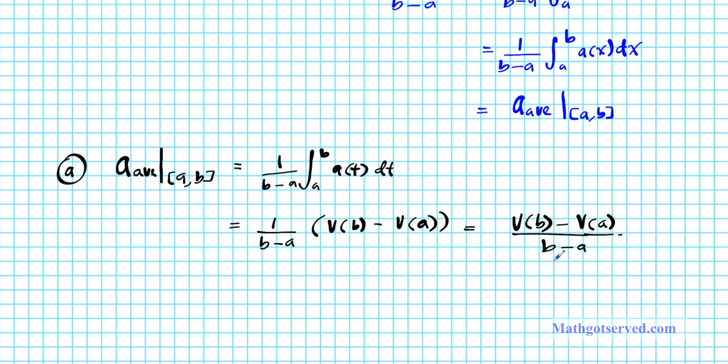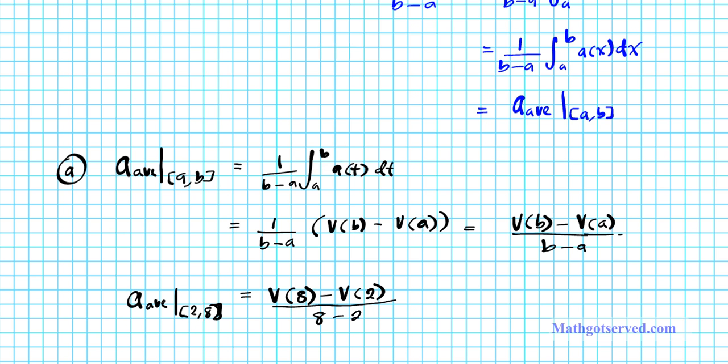Alright, so this is the formula we're using. Now let's apply this formula to this particular problem. The average acceleration, not rate of change, the average value of the acceleration from 2 to 8, is equal to velocity evaluated at 8 minus the velocity evaluated at 2, divided by 8